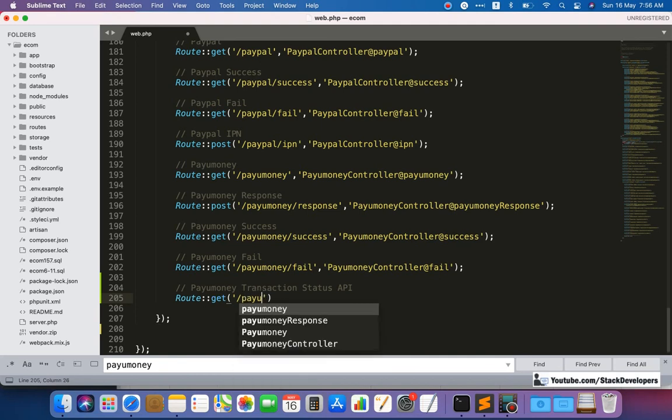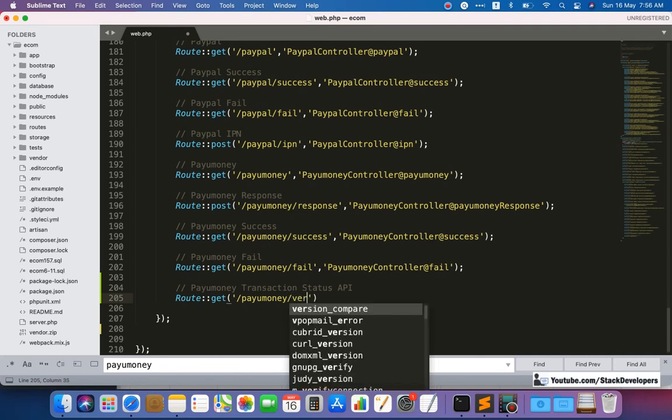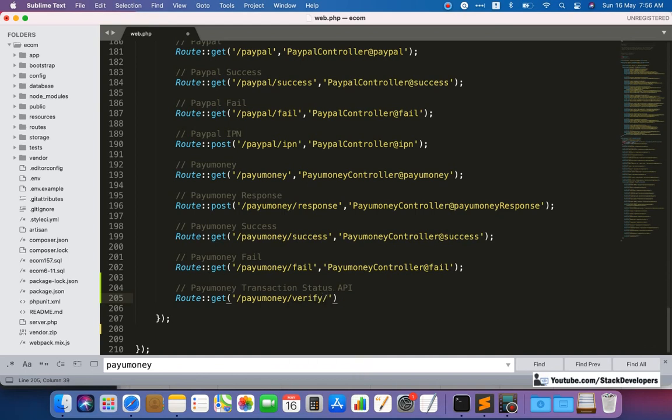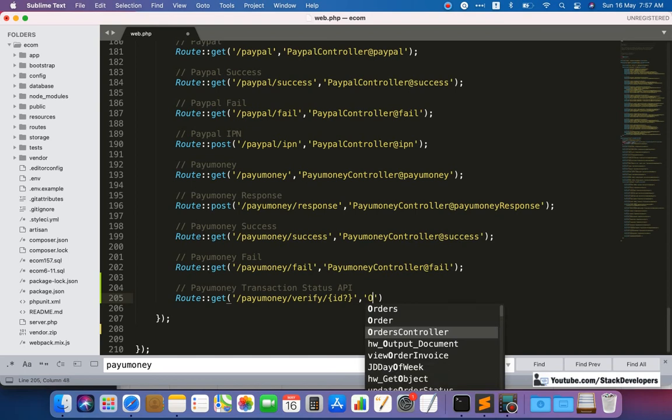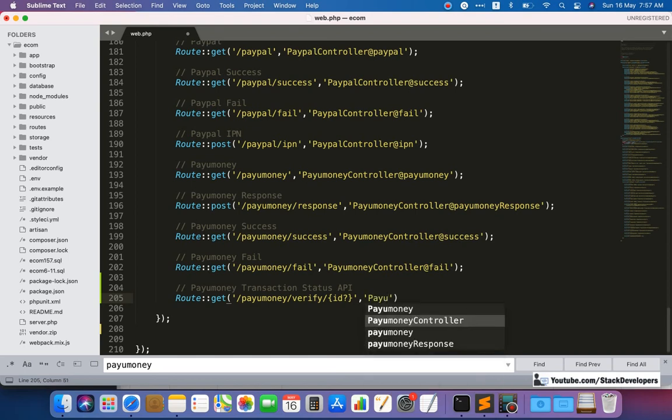We are going to make PayUmoney verify, and see here we are going to pass ID as optional. If we pass the ID here, then we are going to check for the single order, and if we do not pass the ID, then we are going to check for the last few orders. Okay, so we are going to pass ID as an optional parameter here, PayUmoney.